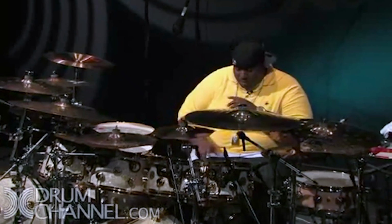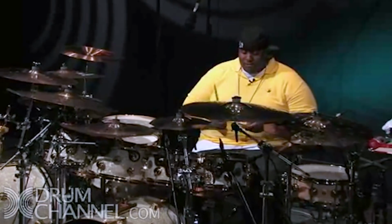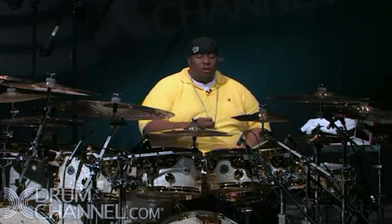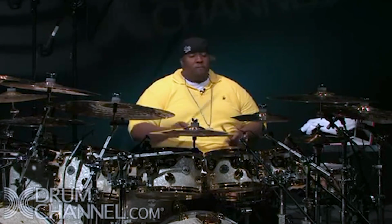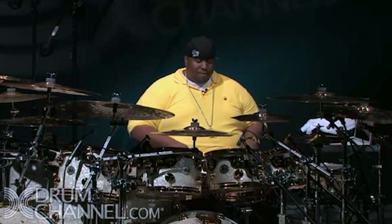We could start with how you can use different variations of rudiments that everyone knows, like single stroke rolls, double stroke rolls, paradiddles, and flams, and how you can incorporate that into a groove or into a fill that you want to do. Like a lot of people may do a paradiddle as